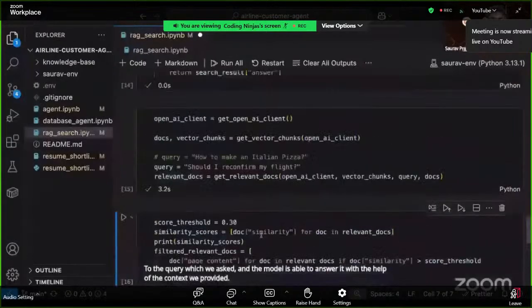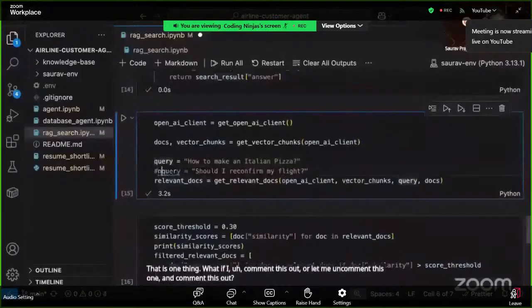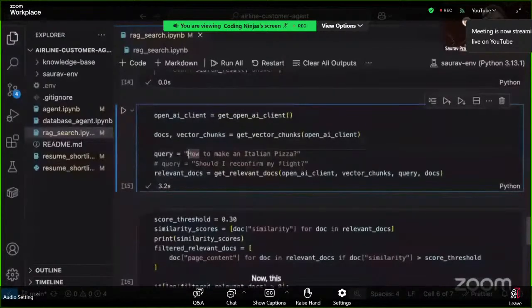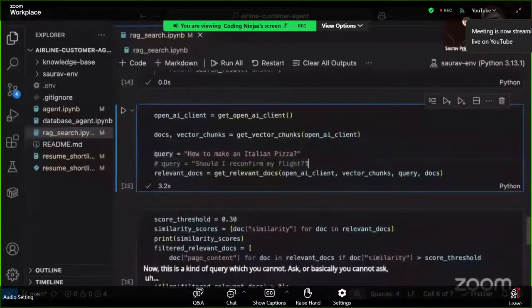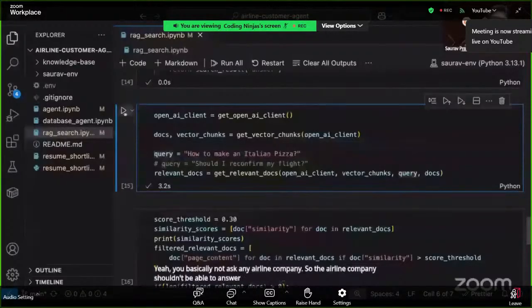That is one thing. What if I comment this out, or let me uncomment this one and comment this out? So now this time I am asking how to make an Italian pizza. Now this is a kind of query which you basically cannot ask an airline company. So the airline company shouldn't be able to answer this. So if I run this,